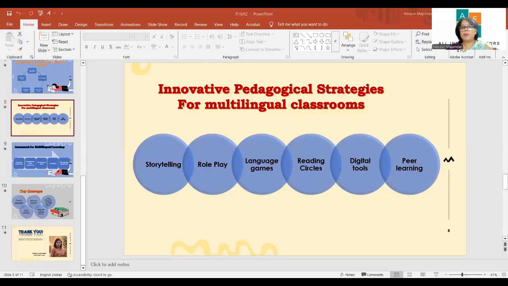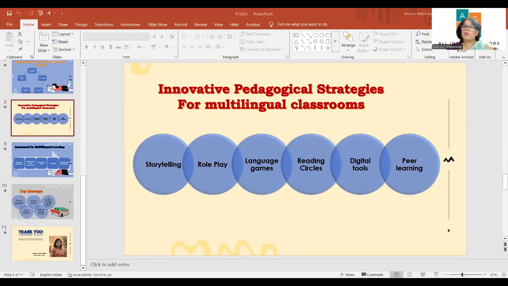Now, if I talk about peer learning, dear educators, students often learn best from one another. Pair high confidence learners with those needing support so they can help each other. One student reads a passage, another summarizes it. The third can ask a question. The fourth child can provide the feedback, and every learner participates. And this is how we can practice inclusive education in our day-to-day teaching practices, right?